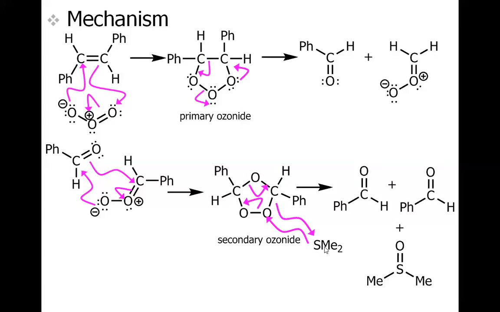The same mechanism may be applied for triphenyl phosphine if we had triphenyl phosphine rather than dimethyl sulfide. So the final product would be phosphorus double bonded to oxygen, and the three singly bonded phenyl groups. And because we have three possibilities for the neutral workup of ozonolysis, whether we use dimethyl sulfide or triphenyl phosphine or zinc, if we had zinc here, we would have zinc oxide as the byproduct.